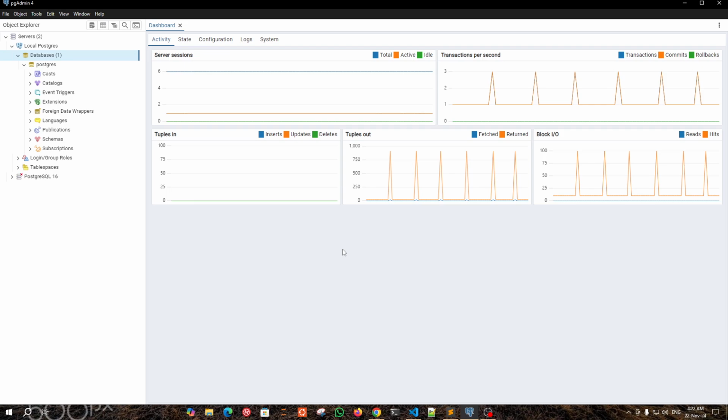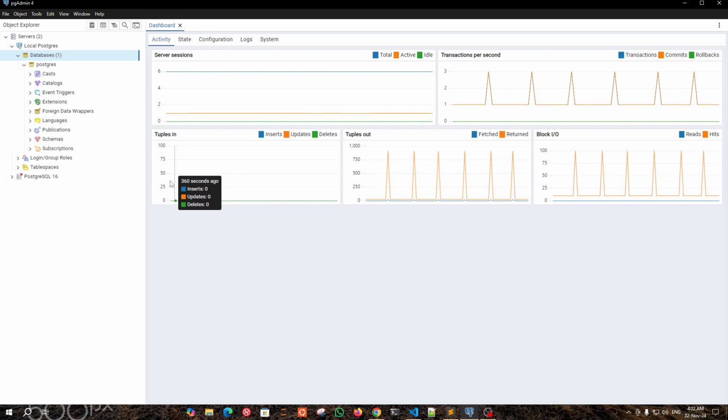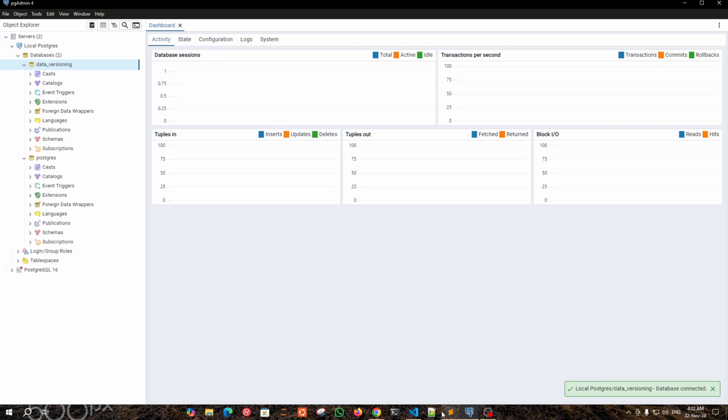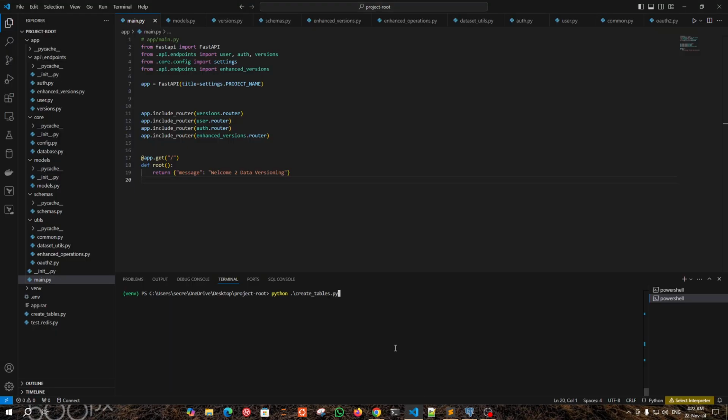Enough talking, let's dive into a live demo and see the solution in action. But first, we need to create our database. So after this, let's create tables. Let's run our